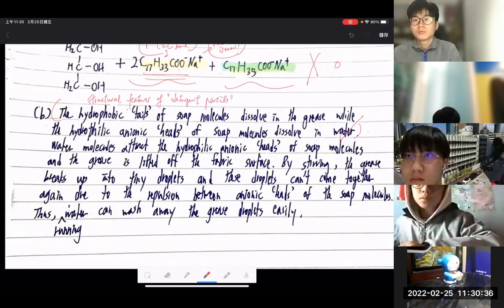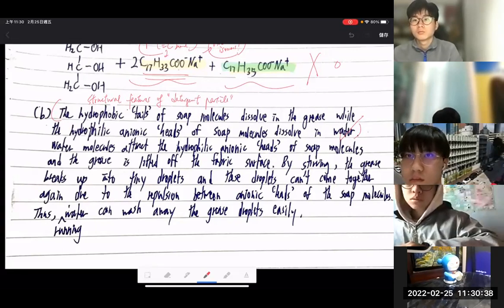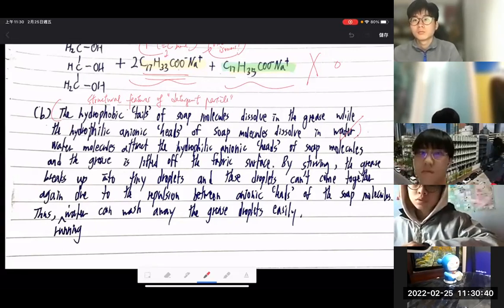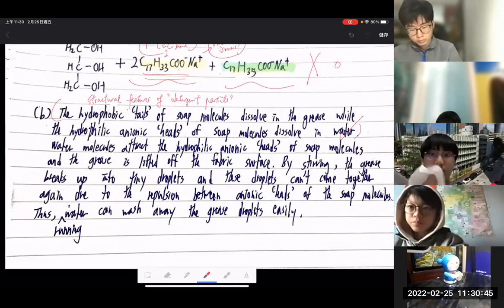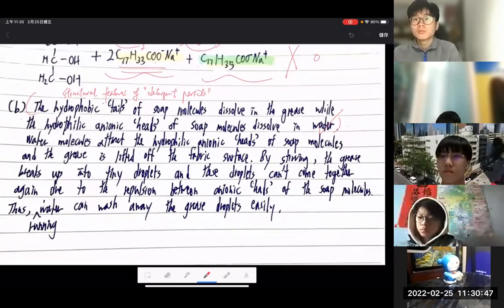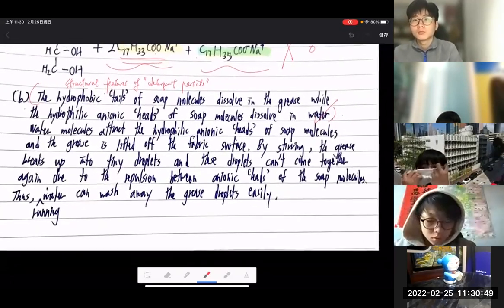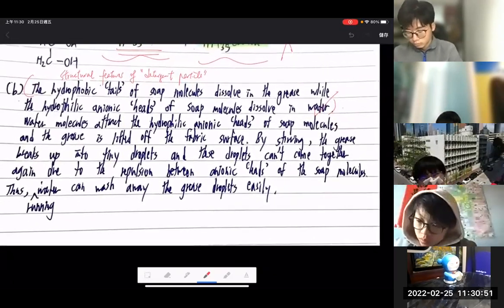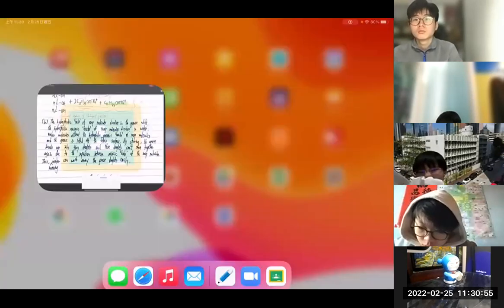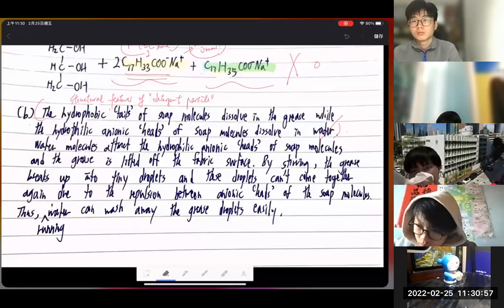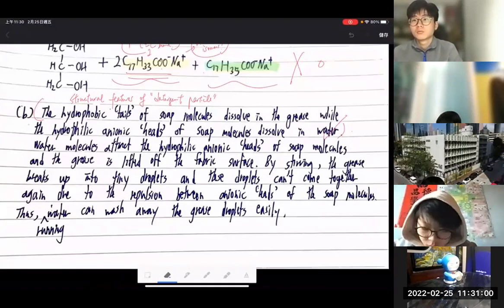Okay, do you understand? So this is point one. You are going to tell me what happens before the cleaning action of the detergent. You're going to tell why the detergent particle can serve its purpose. It's because of the very special structure. Now, the second point I would like to draw attention to is on the action, because you're going to talk